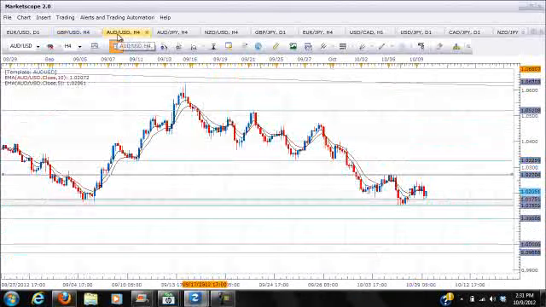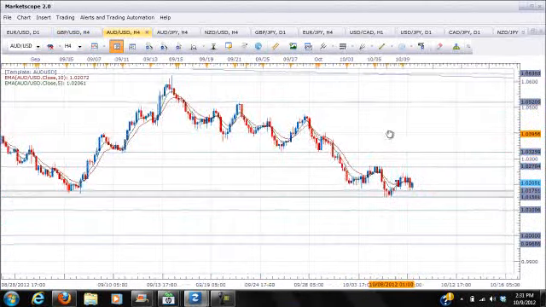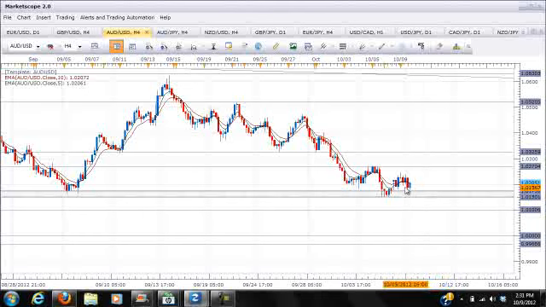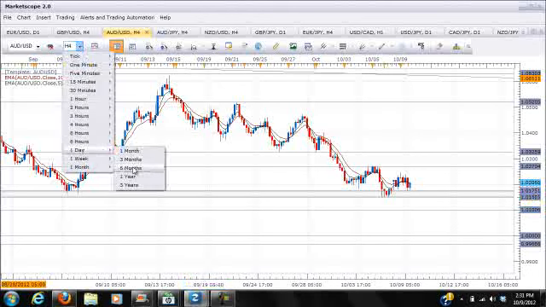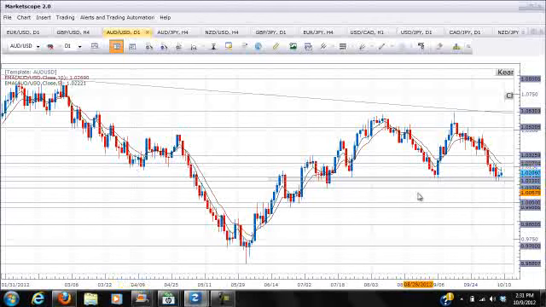The last pair I want to take a look at is the Aussie USD, just because, as we can see, the Aussie pushed down and had attempted to bounce from the beginning of the week, from the very bottom of its resistance level at 101.75. If we look at this chart on a daily chart, you can see that this is the level that has capped any move lower over the last